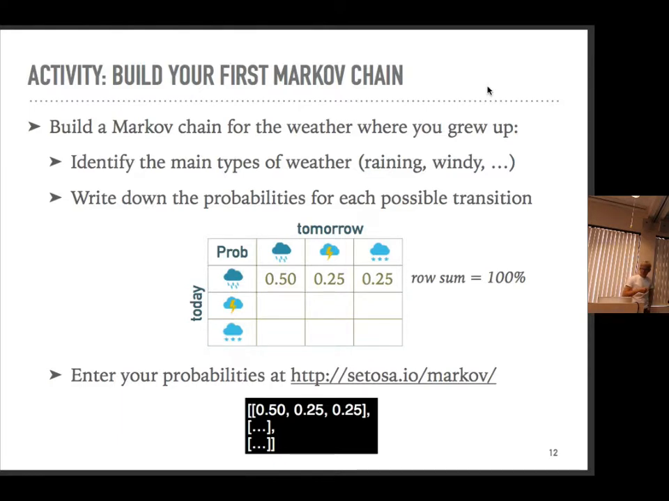So this will be pair coding. One of you is going to be describing the weather where you grew up. I did an example with 3 states here. Maybe you live in Southern California where basically you only have 2 states, or you live somewhere with more exciting weather. Right, so the Markov chain is based on the